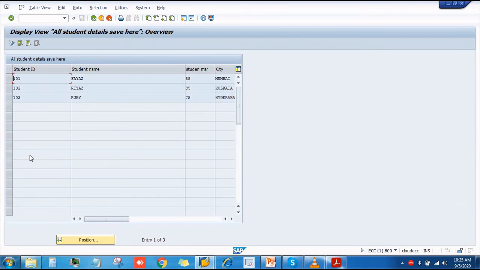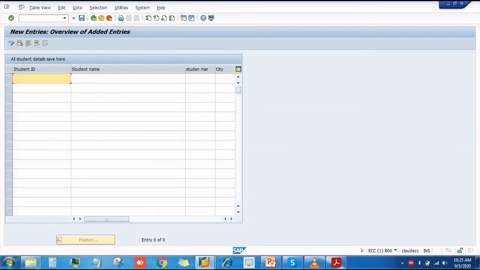See, before we have created our 3 records, that is student ID 101, 102, 103, student names Fayaz, Riaz and Ruby. Everything is available. So I am going to create 3 or 5 more records here. How am I going to create? Let me go back, click here, maintain. Now we can see here change, display option, new entries. If you want to create new entries, click here, new entry. You can input here up to 103 roll number, 103 ID we have created. Now let me create 104 student name